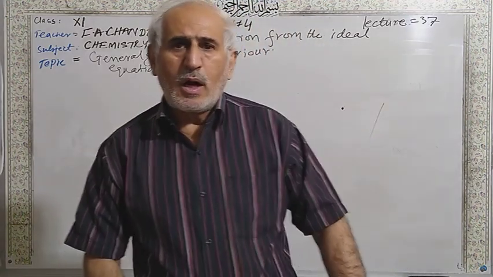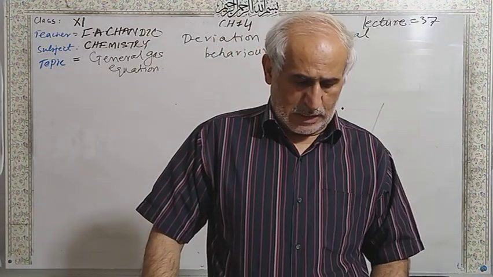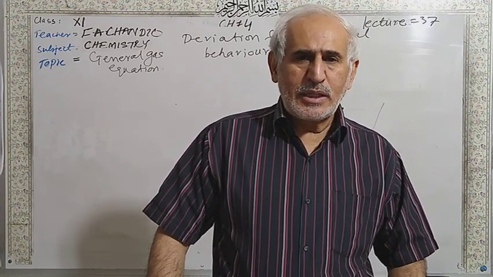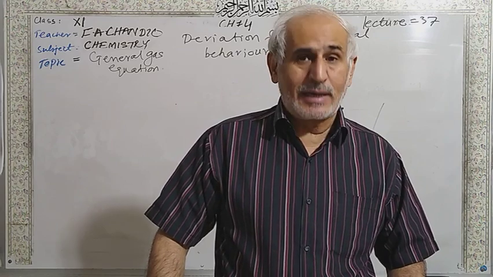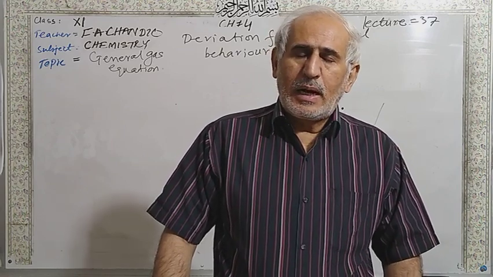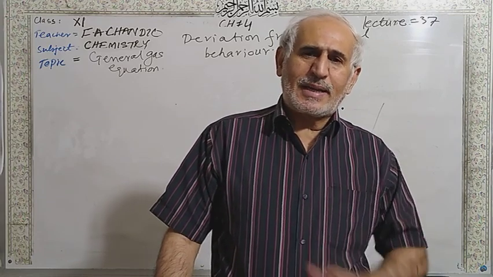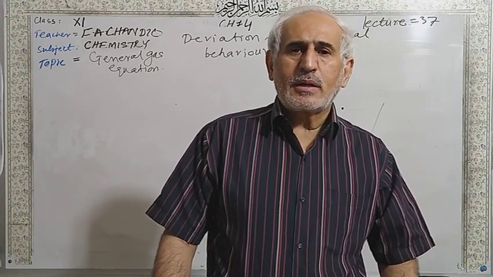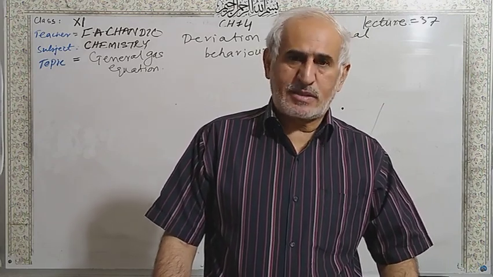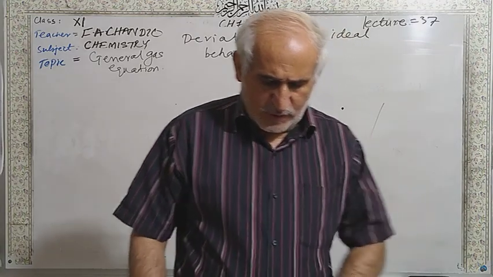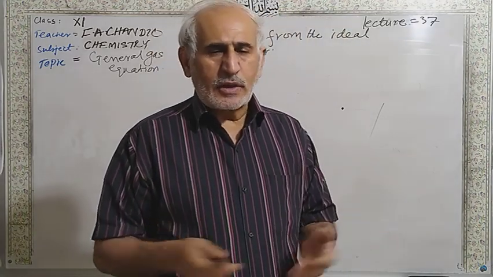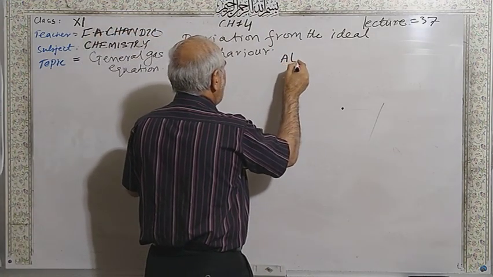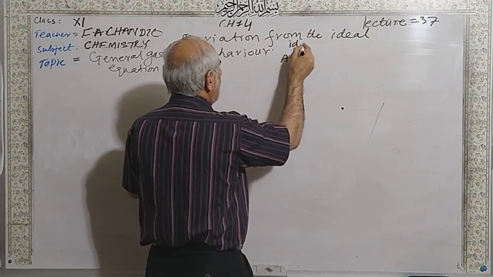I told you what an ideal gas is. The gas which obeys gas laws at given conditions of temperature and pressure is called an ideal gas. And also I told you that there is no ideal gas on the earth. They are going to deviate. In certain cases, they are not going to be perfect gases. And what is the criteria for the ideal gas? I'm talking about ideal gas.